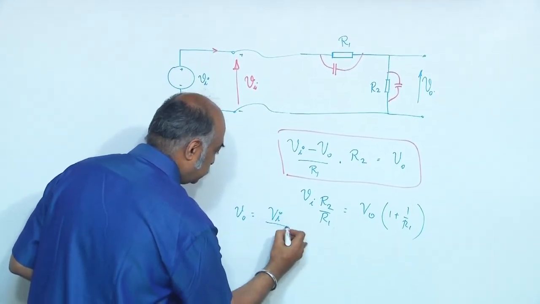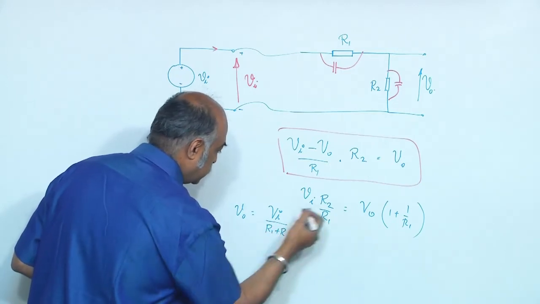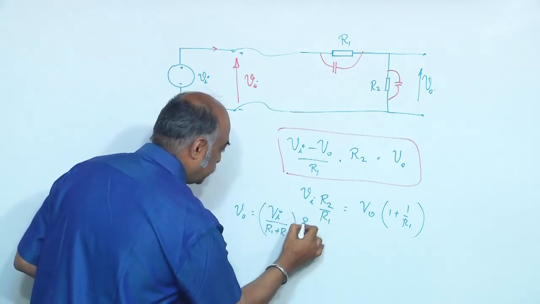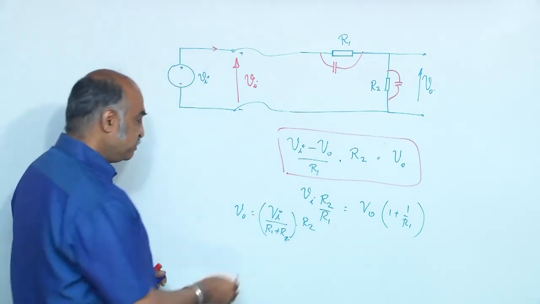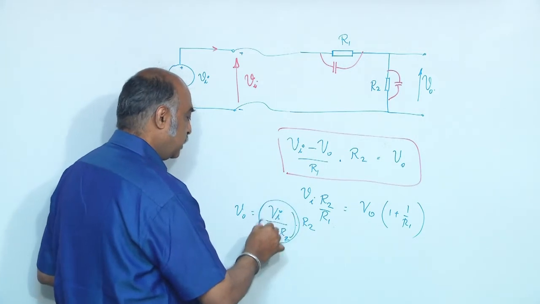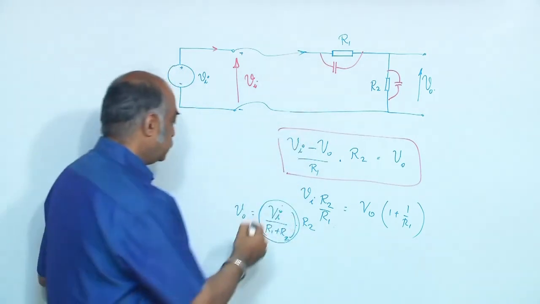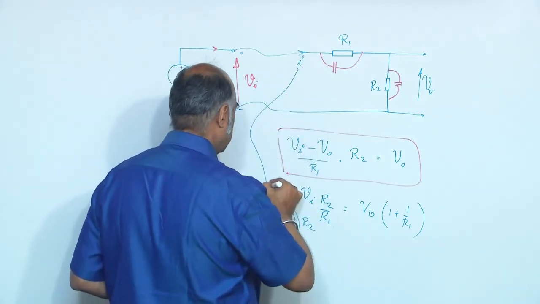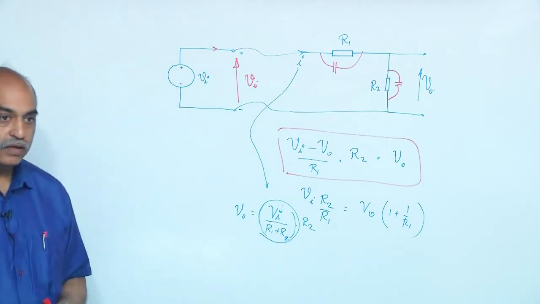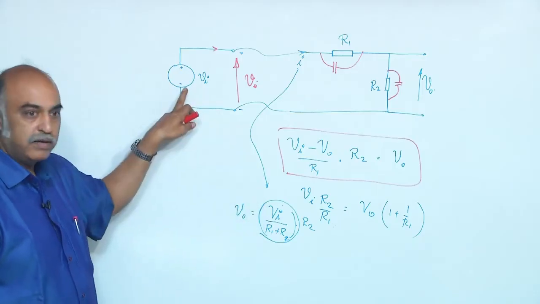Vi, if I solve this, into R2, right. So, this is the current that is flowing here, this is the current that is flowing here, I. Okay. So, by this it appears as though the current is also decided by this,